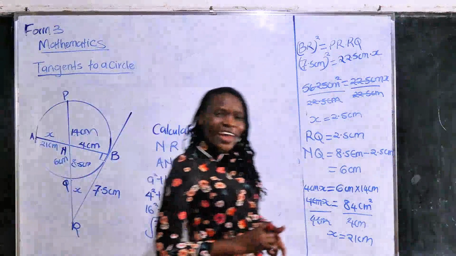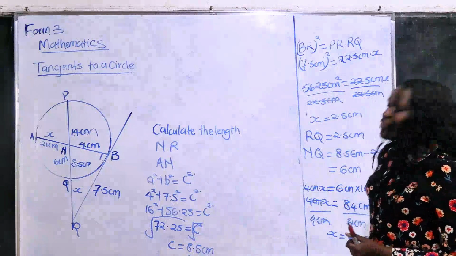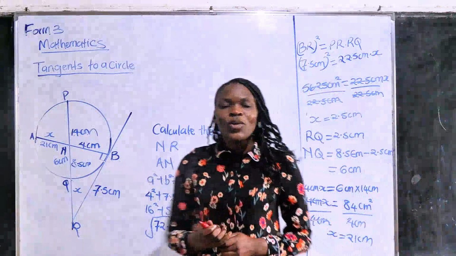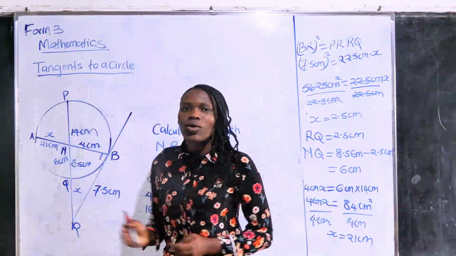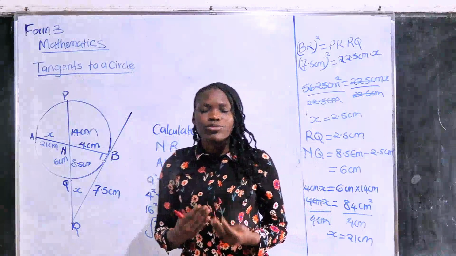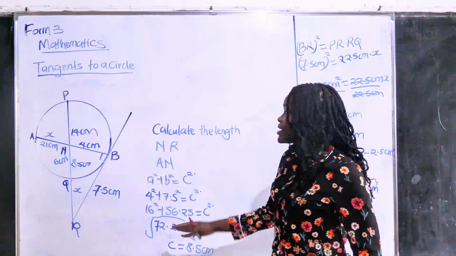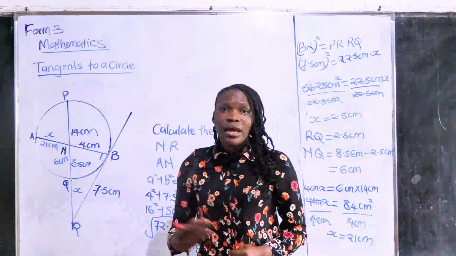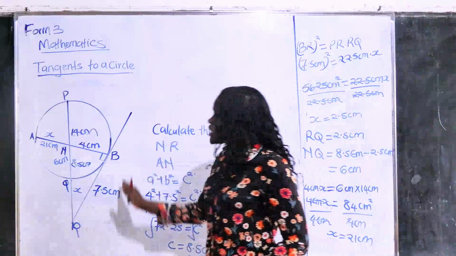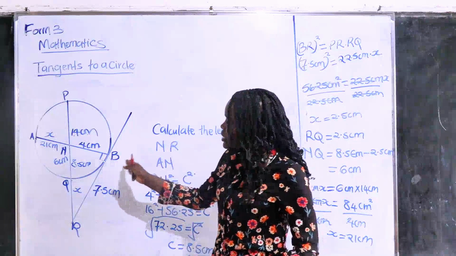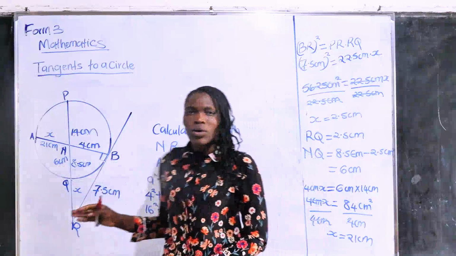So I hope you tried it out, and in case you missed anything, those are the answers. The main concept in tangents to a circle is that you have to know the tangent circle theorem. Like in this question, it was just trying to ask us, do we know the tangent circle theorem? And you also have to know that at a tangent, the point where a line passes or cuts a circle, we know